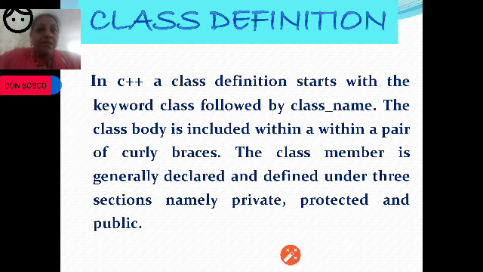Now we shall see how to create a class in C++. In C++, we have a class definition syntax.